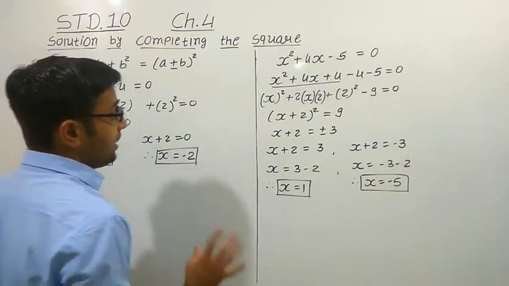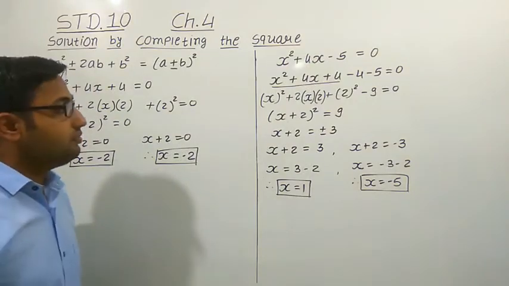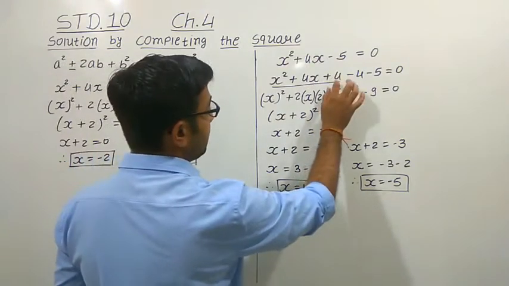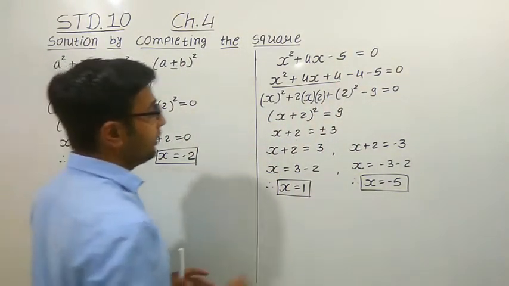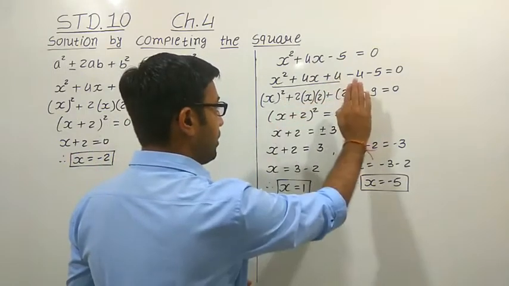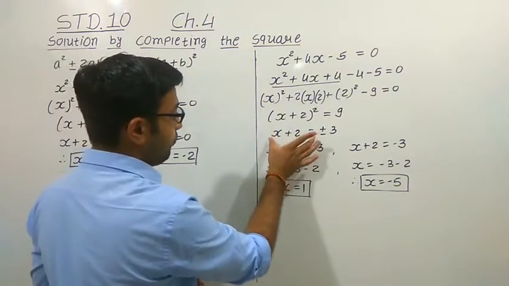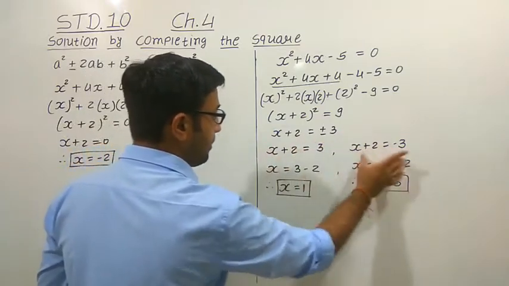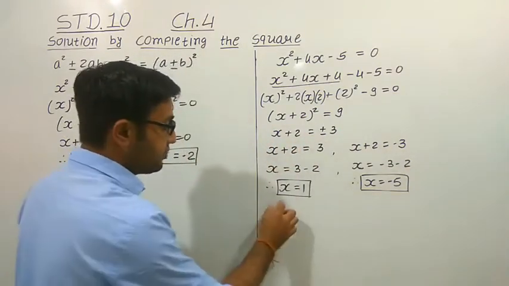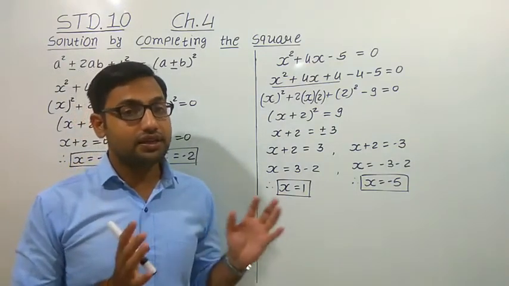So the thing is that here the given quadratic equation is not a perfect square. What we do is, whatever the required number is, we just add it and subtract it at the same time, and we complete the square, and whatever constant remains, we take it to the right-hand side. Then we find the square root of both sides, and whatever value we get, we compare it with the left-hand side values, and in this way we can find the solution. Okay, so this is the method of finding the solution by completing the square.